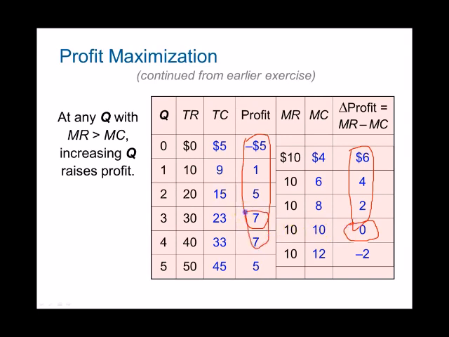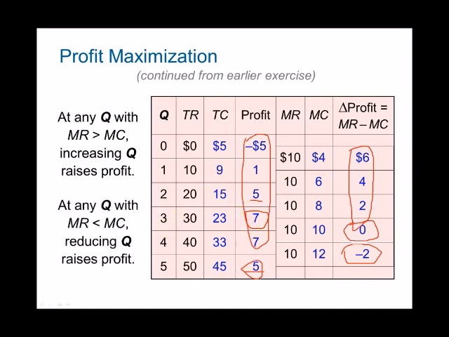And if you increase the quantity more than that, then yes, you still earn profit. You still earn 5 units of profit, but you could have earned 5 units of profit if you just produced 2. So you're still earning profit, but it is maximized when you're producing 3 or 4 units of output. So you should probably stick to that amount.